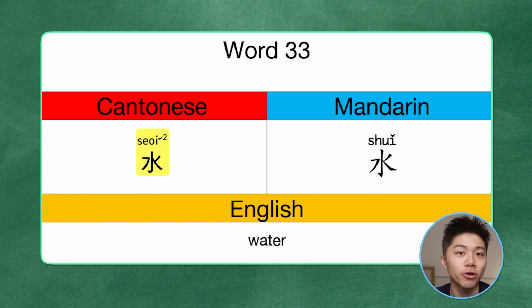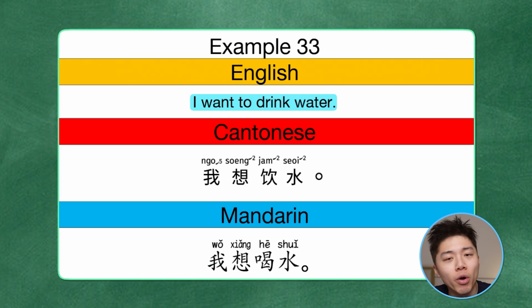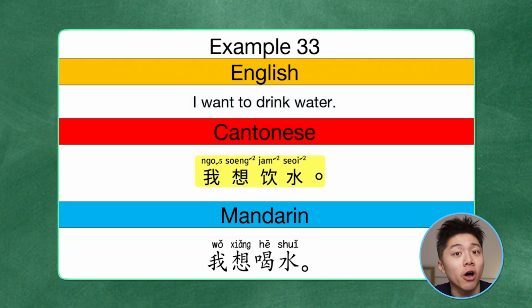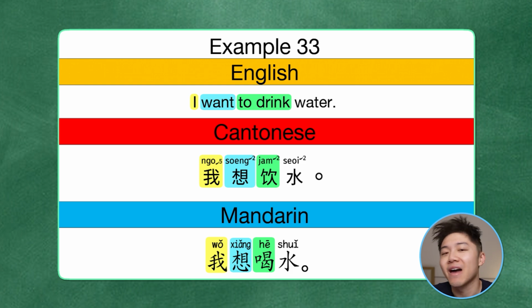Next word is water. In Cantonese, we say 水. In Mandarin, we use 水. So let's break it down. For example, I want to drink water. In Cantonese, 我想飲水。In Mandarin, 我想喝水。我 is I in Mandarin, 我. 想 means to want in Mandarin, 想. In Cantonese, 飲 means to drink. In Mandarin, we use 喝 for to drink, a different verb, but same meaning. And then 水 means water in Mandarin, pronounced differently. So 我想飲水,我想喝水。